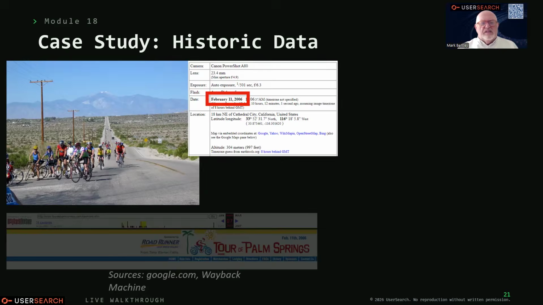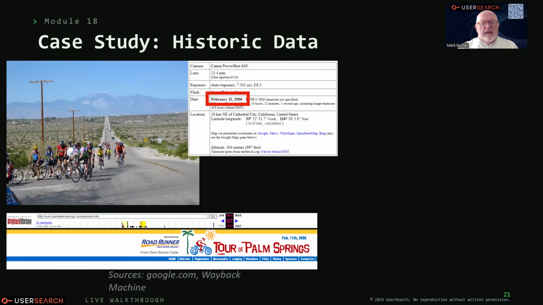Really? February 11, 2006. You go to Wayback Machine and you see February 11, 2006, Tour de Palm Springs. And you say, right, okay, I wonder if he's still a member of that cycling club because he posted that picture or he shared that picture. And you've got the date there, and you go, right, that's the confirmation. That's the ABC. We've got Tour de Palm Springs.